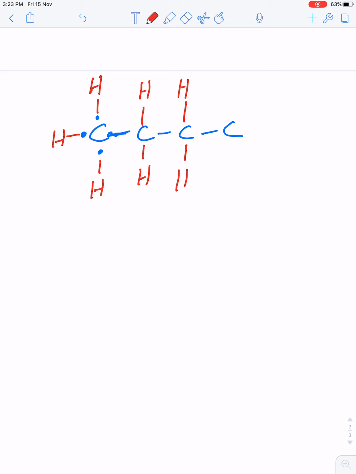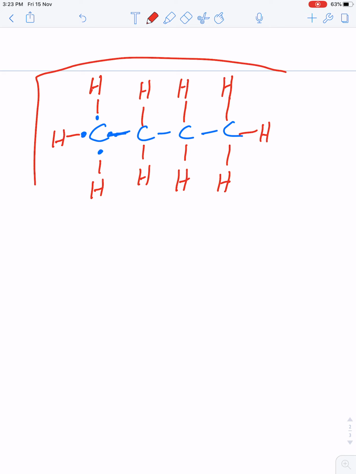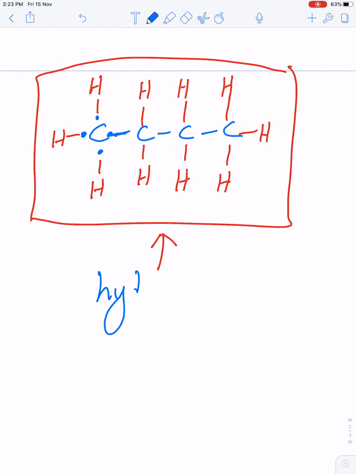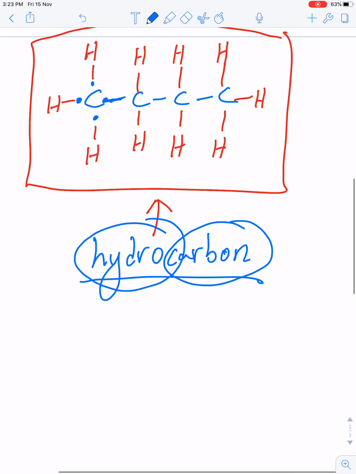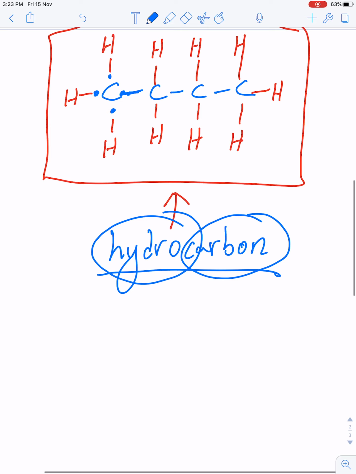So as you can see dalam molekul ini, dia hanya ada carbon dan hydrogen. If you look at the structure, it only consists of carbon and hydrogen. That's why molekul ini dipanggil sebagai hydrocarbon. What do you mean by hydrocarbon? Only consists of carbon and hydrogen. That's why it's hydrocarbon. But now the question is how to name this hydrocarbon. Okay, according to the IUPAC naming system that I mentioned earlier, you must follow